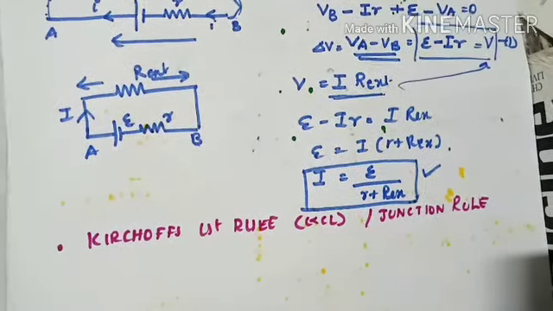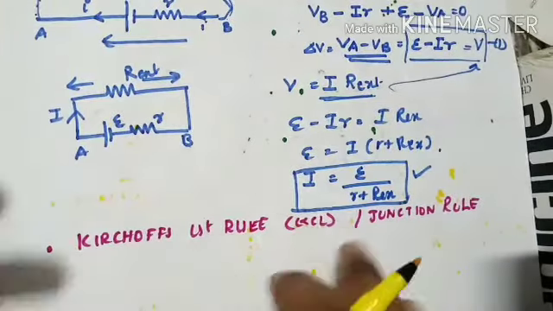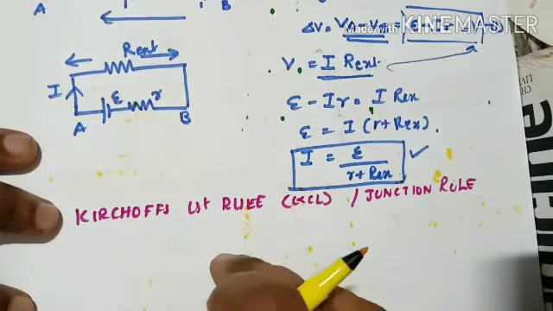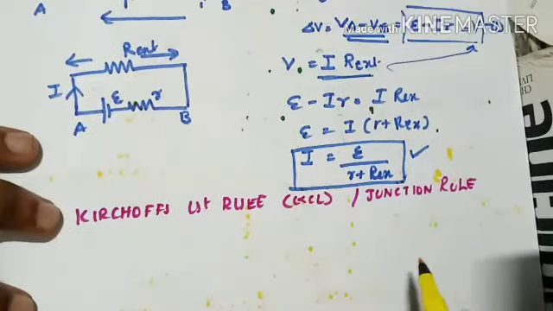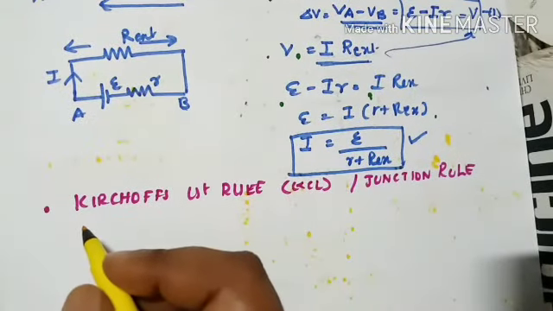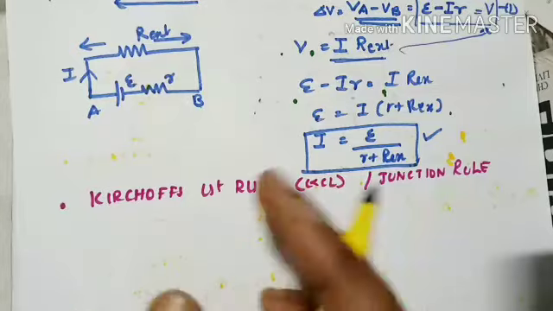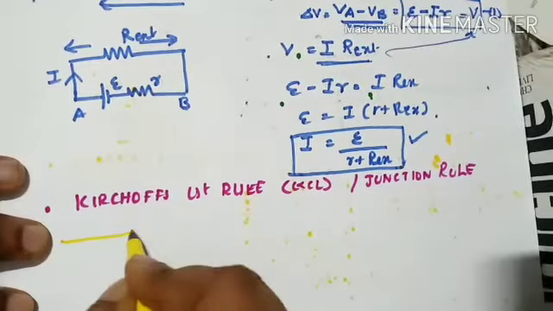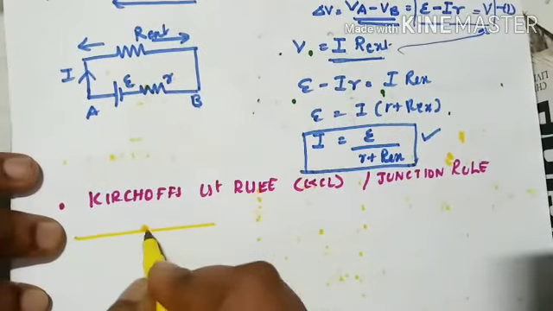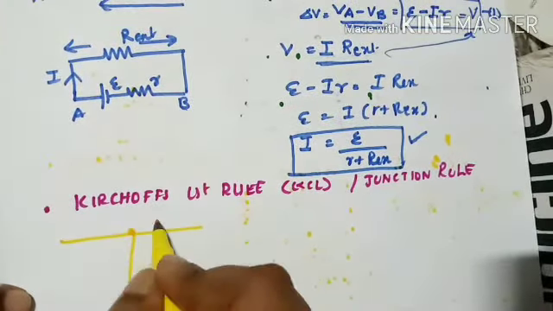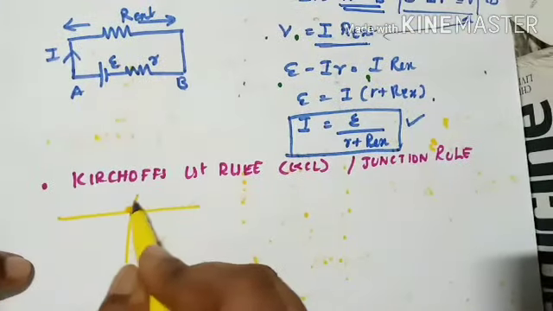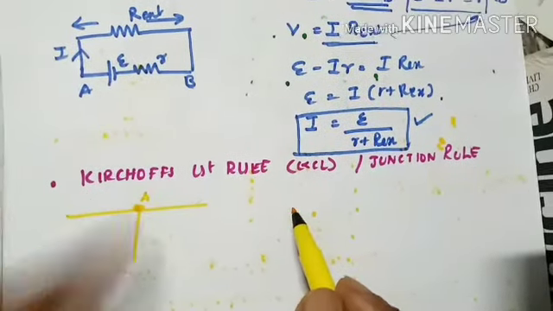We have learned the same topic previously. I am just repeating the statement. At any junction, the sum of current entering the junction is equal to the sum of current leaving the junction. So let's see, what is a junction? First, guys, a junction is something where three or more wires meet. Suppose let us consider this point. It is a junction because three wires are going to be connected to this single point. So as per Kirchhoff, this is a junction. So A is a junction.